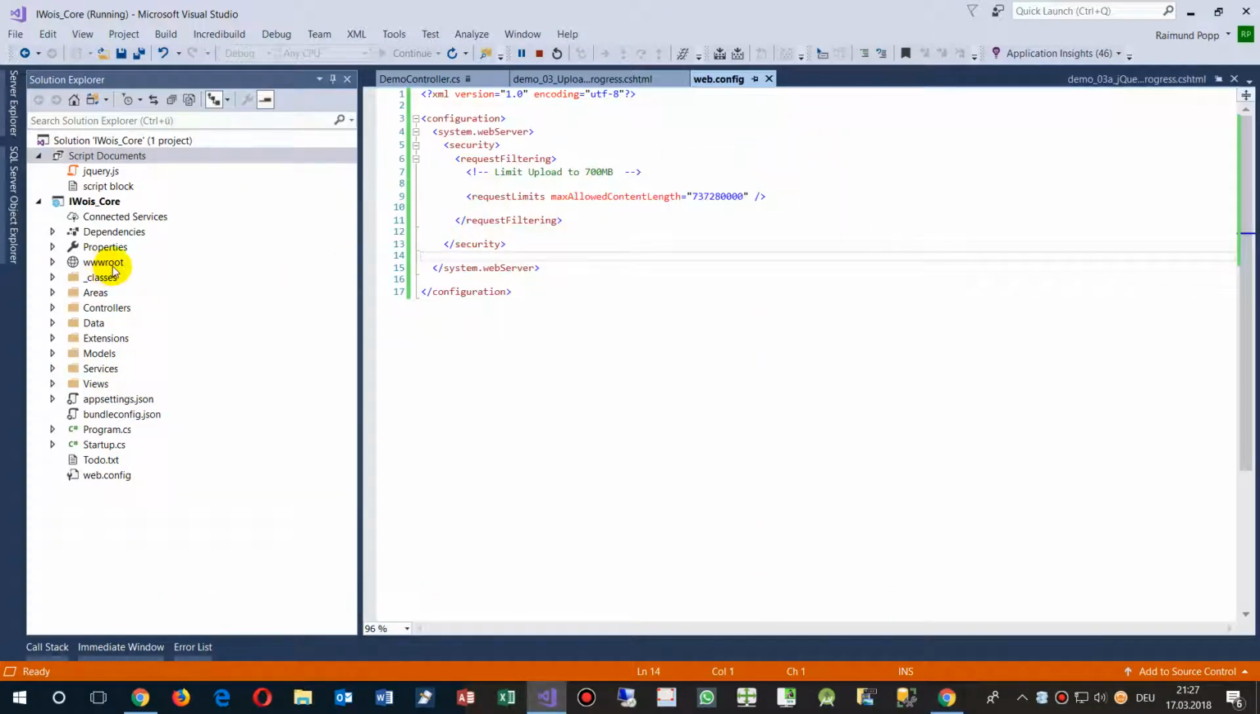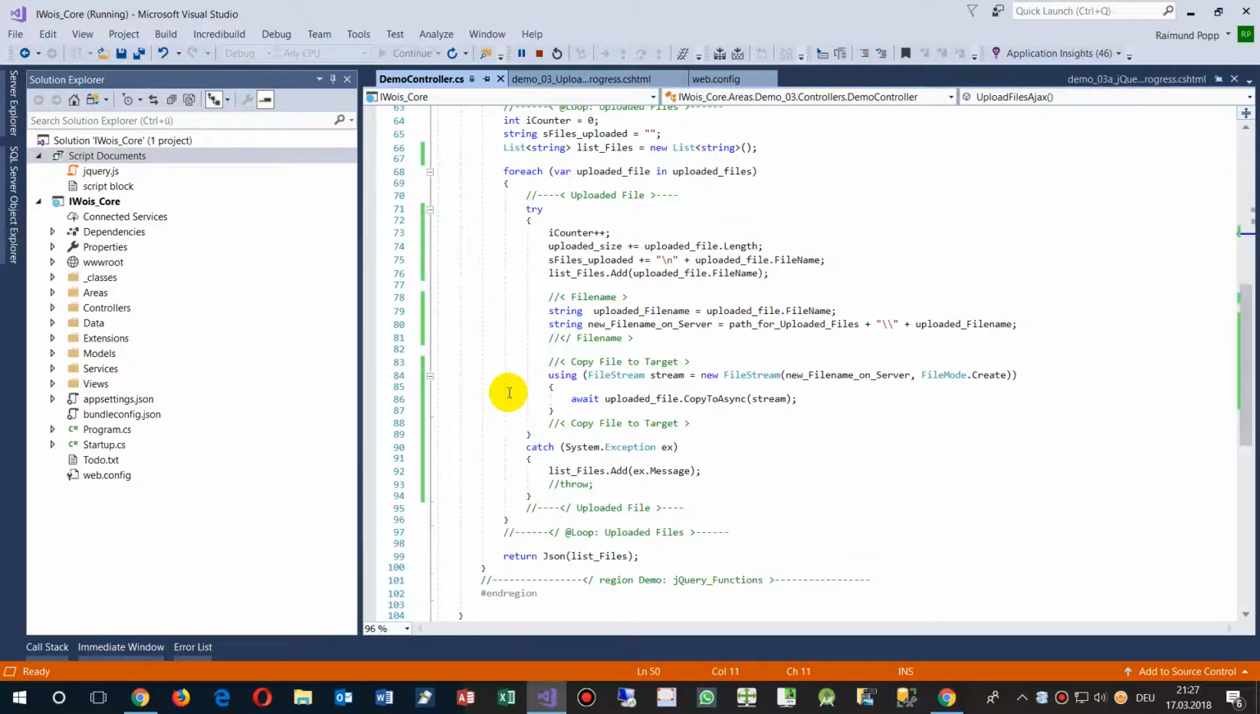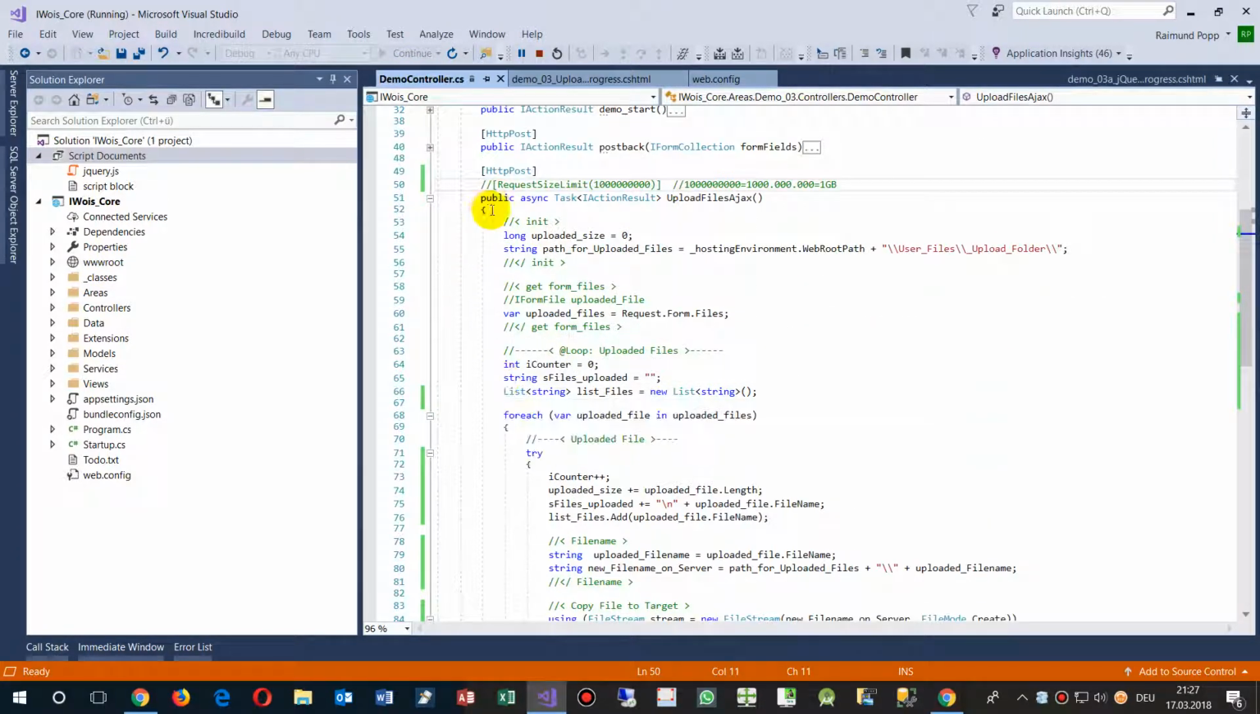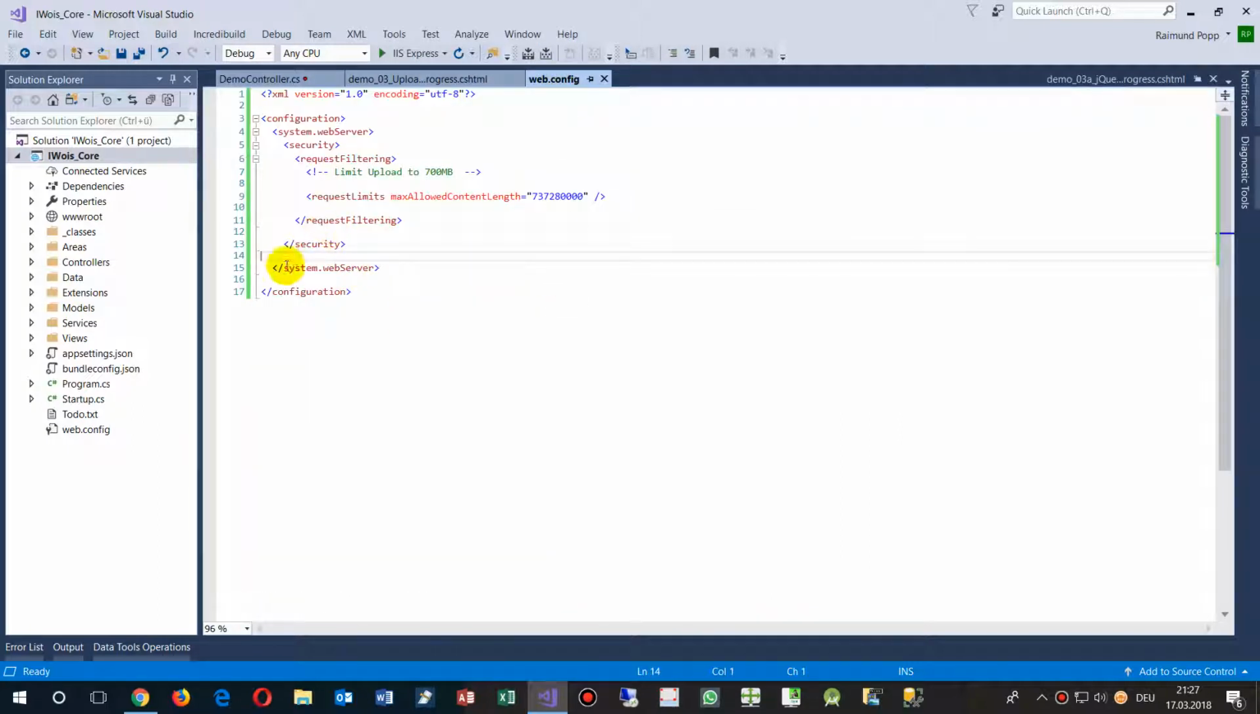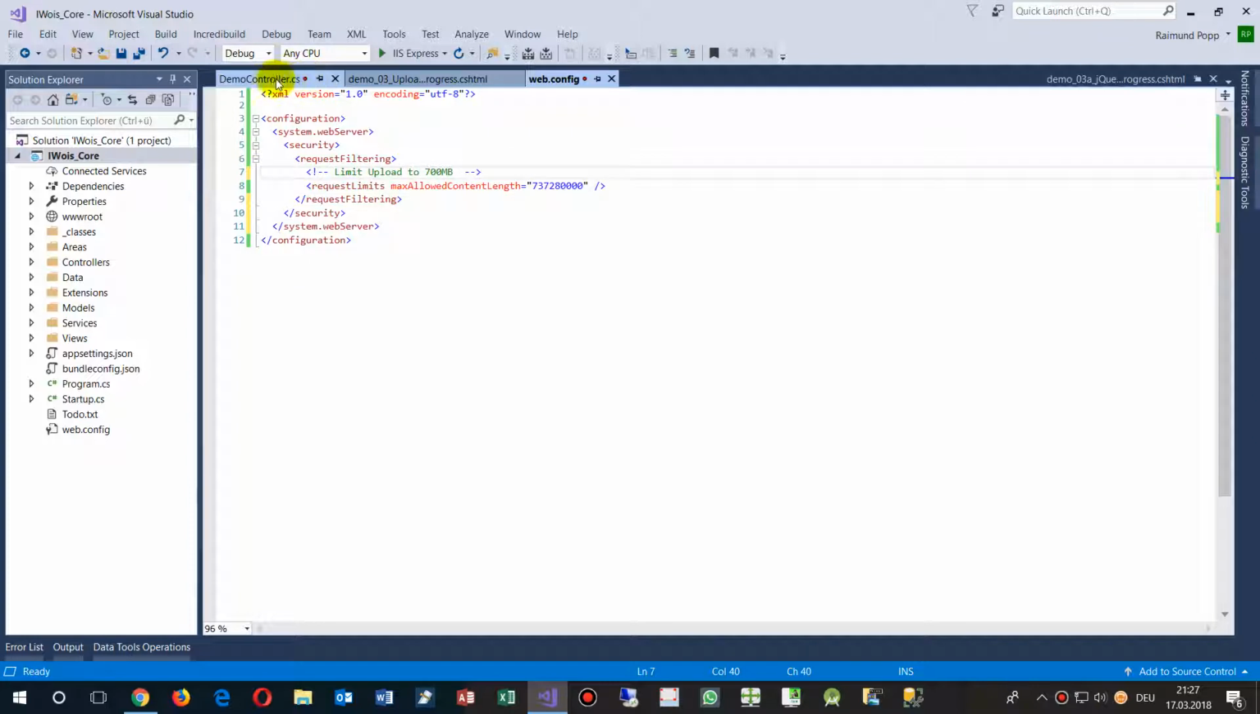There is one point on your controller. You may also set a limit there, this one, request size limit, but this one is the leading one. You first have to set the web server limit, and then if you set there 1 gigabyte, for example,